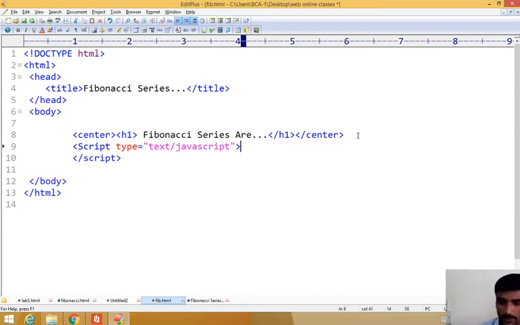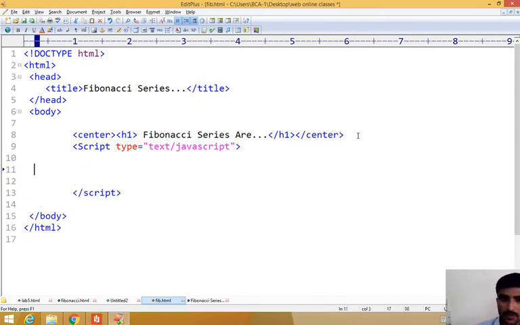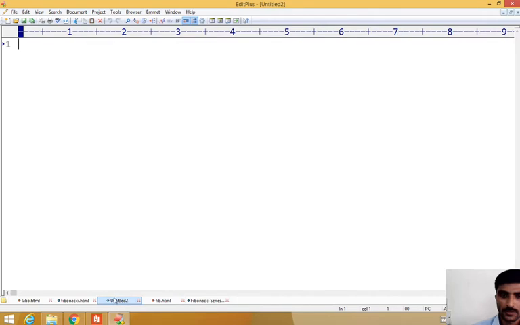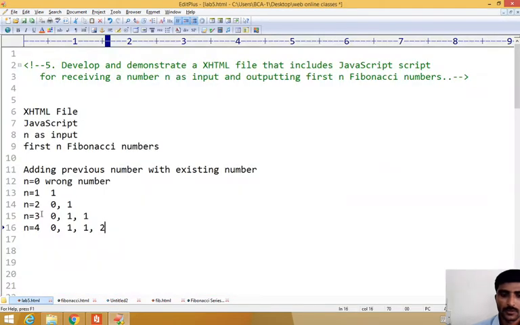After that, JavaScript is a programming language, you know already the scripting. Every programming language has some rules and structure. Here also there are some rules. Whenever you write some programming language, you must know the scripting language. So if you want to create this program, you need some variables for storing the values. If you want to store 0, 1, the previous numbers, we need some variables.